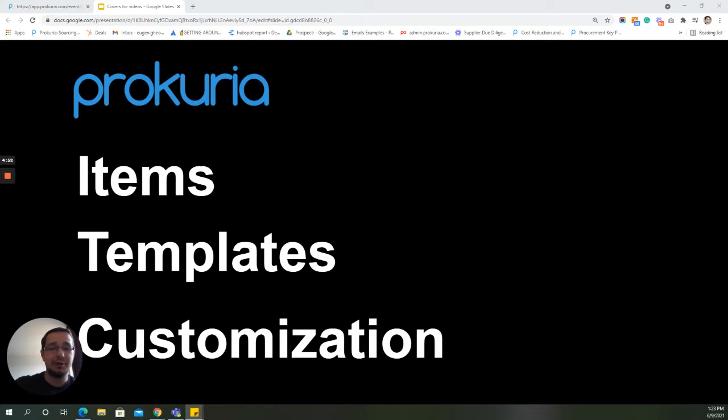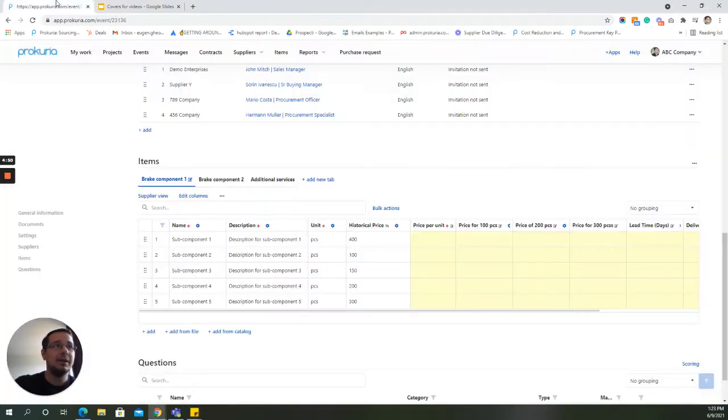For this we are using what we are calling items templates. In this particular example we have tried to replicate a basic example from the automotive industry. Let's suppose you want to buy components for brakes. Let's suppose we want to buy multiple components, and each component obviously has multiple subcomponents, which is showcased here, and